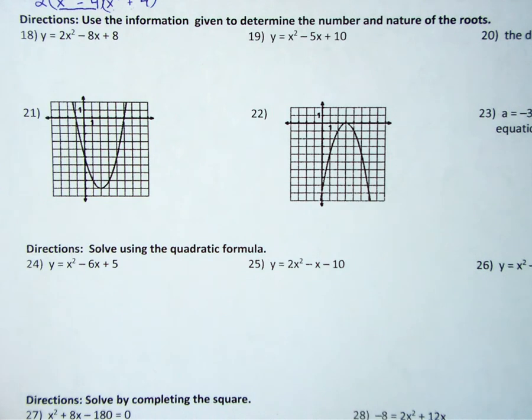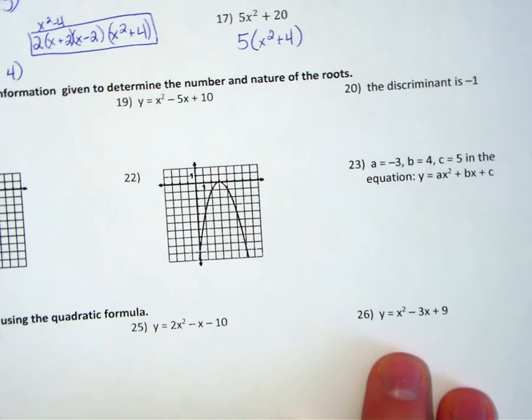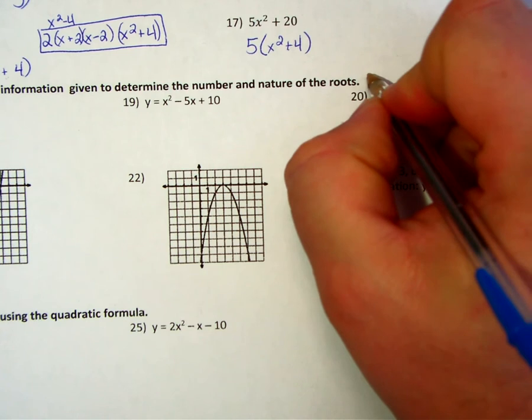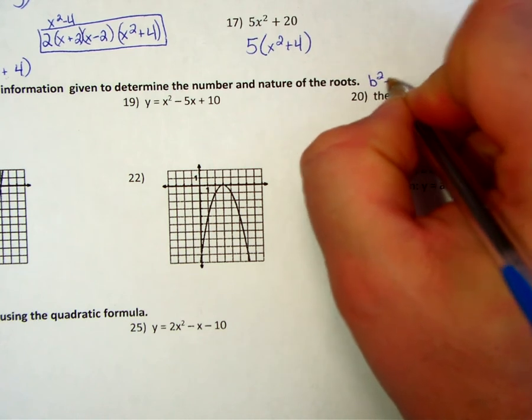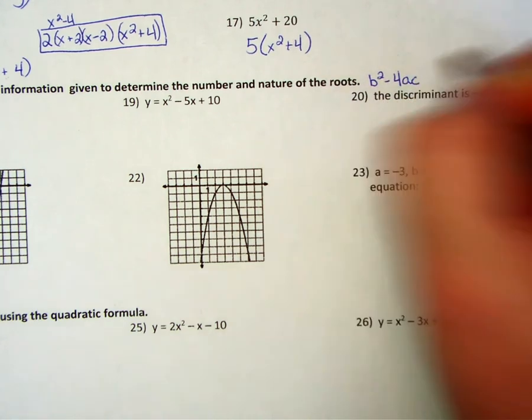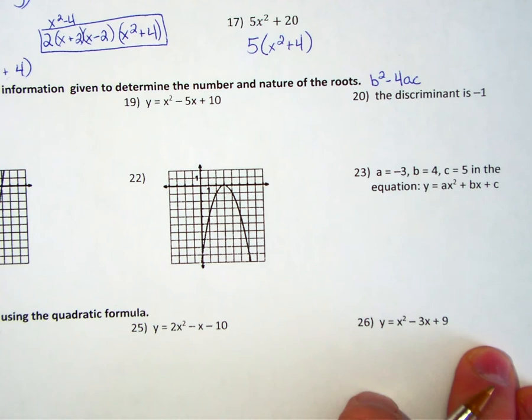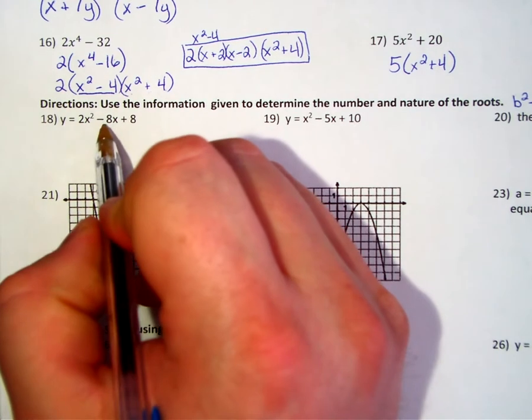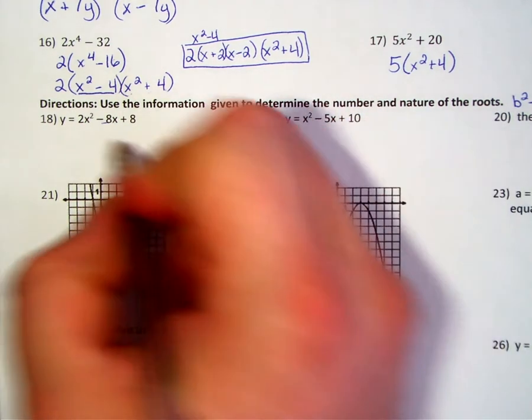Question 18 says to use the information given to determine the number and nature of the roots. Now we should remember that number and nature of the roots is determined by the discriminant, b squared minus 4ac. So we're going to first identify our b value, which is negative 8